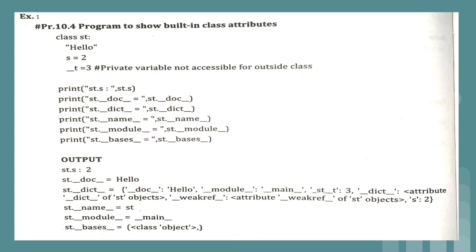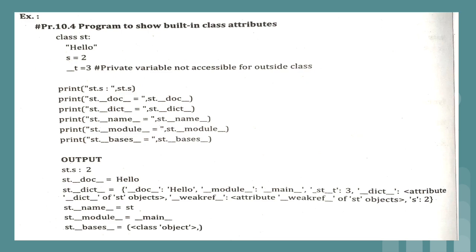After that, st.__doc__. This will display the document. Document means we have just written the content "hello" within double quotes. We have not used s equal to within double quotes. If you write s equal to "hello", that means there is a string variable s to which we have assigned the value hello. But now this is just a line present inside the class. So whenever we have such content to display, we can make use of the doc attribute. That is why you got the output hello. Hello is displayed.